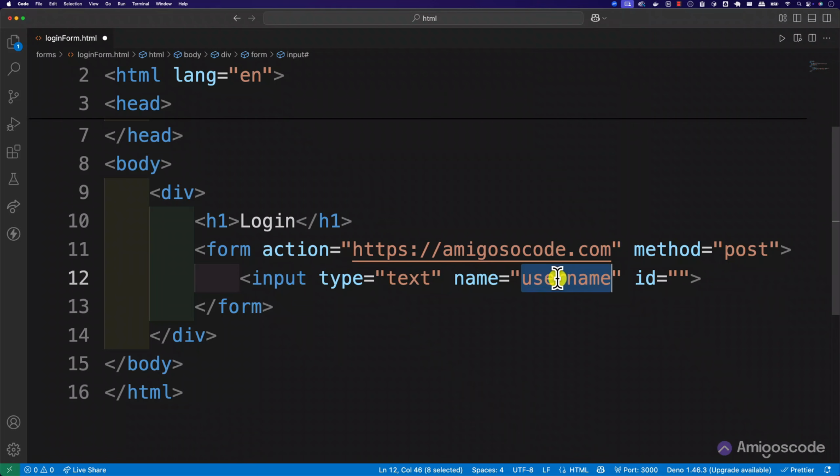So this is going to be also username. The type in here, so if I put my mouse in here, the type is basically the type of the form, so it allows for text input. Then we have name, so this allows us to reference this later. And then